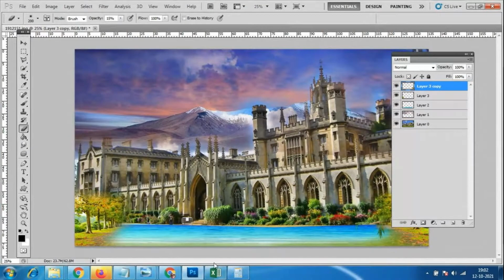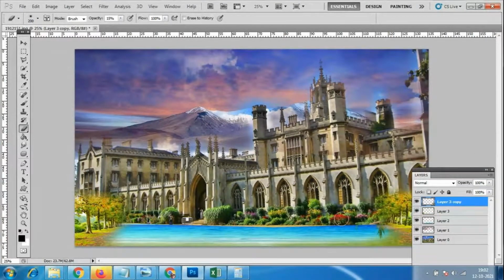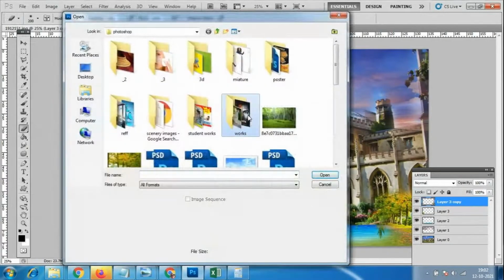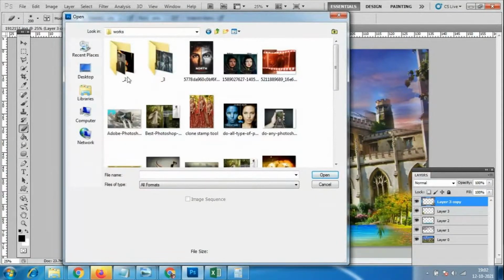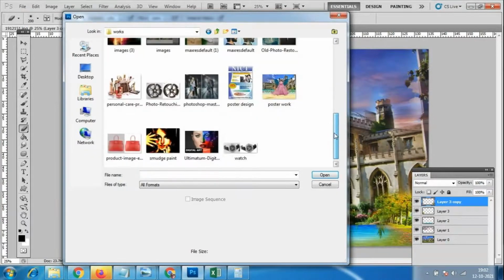Otherwise, you can make a haunted house, haunted palace like this. For that, you have to download particular images. Okay, so like that. This is all your creativity. I'm just showing the method. So just check whatever images we are getting, you can add those things and all. Okay, I have not downloaded many images.